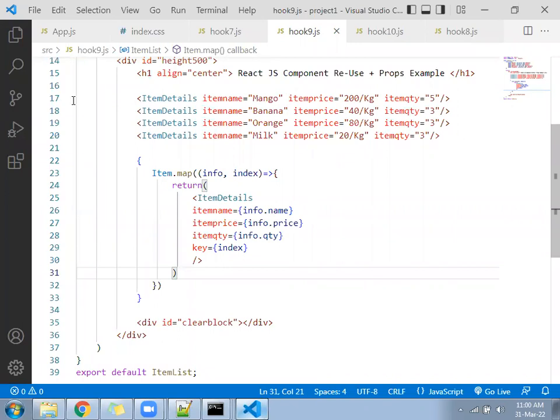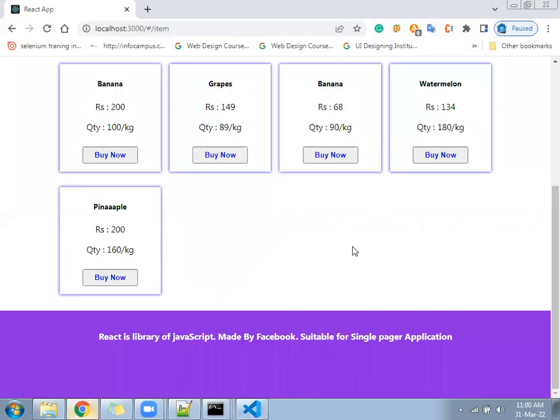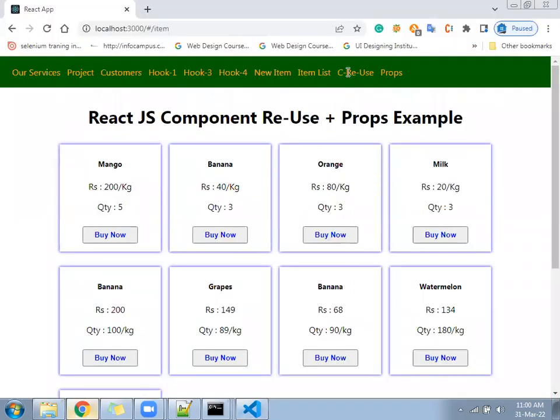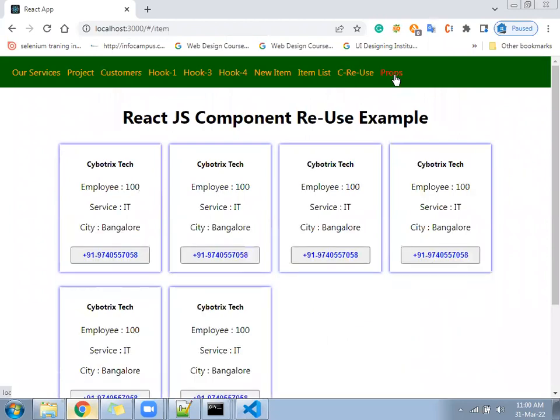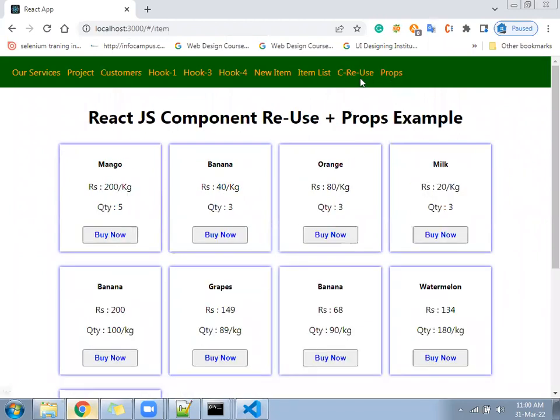So this is called component reusability, and another one is called component reusability with props.